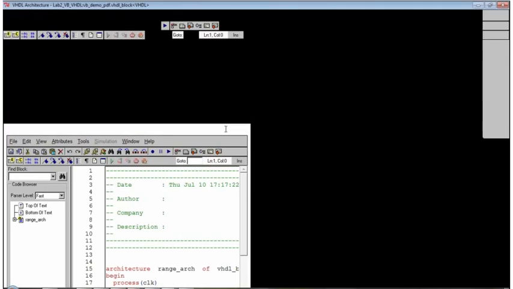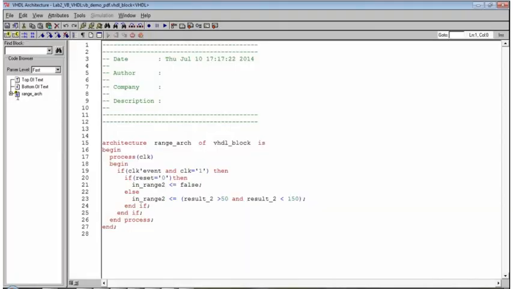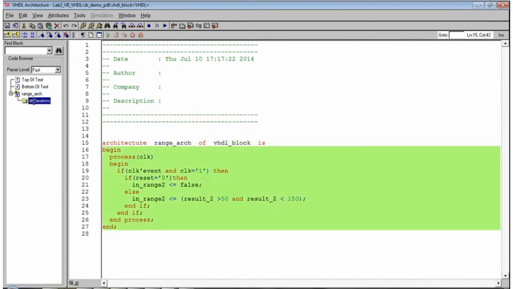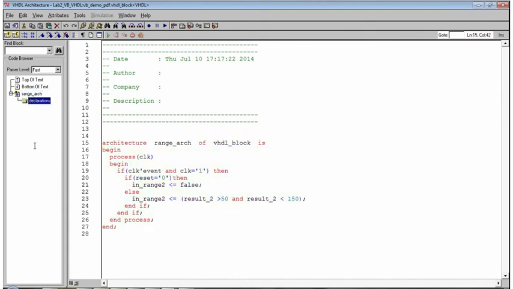Suppose if we have a full VHDL block here, we will also be having E, nothing but the entity of the design, and this is nothing but the architecture. Since only the architecture part is mentioned here, we are having this architecture. And suppose if we expand this, we have declaration. Suppose if we have some other blocks inside this, those things will also be displayed here. Based on the selection, that will be highlighted here.